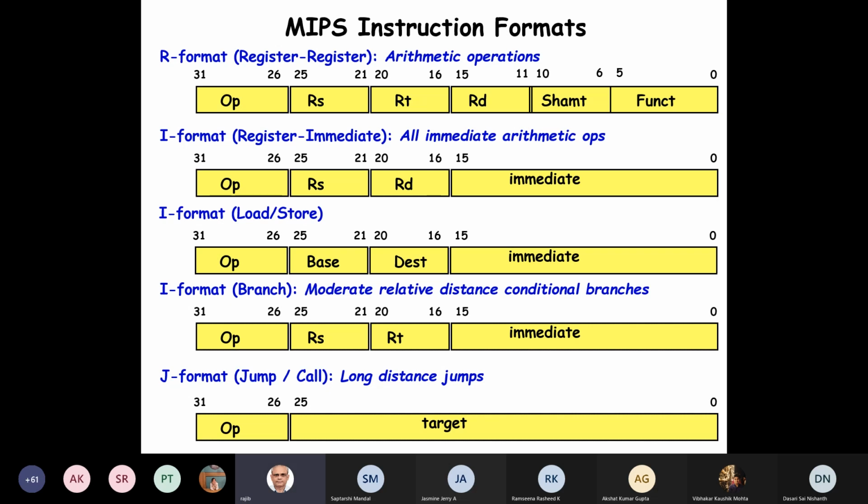So I am giving you this work: compute the largest number of instructions to which we can branch. Because the branch can be positive or negative. Similarly, the constants and the load store. And remember, load store is a byte address. But what about the jump instruction, the long jumps?